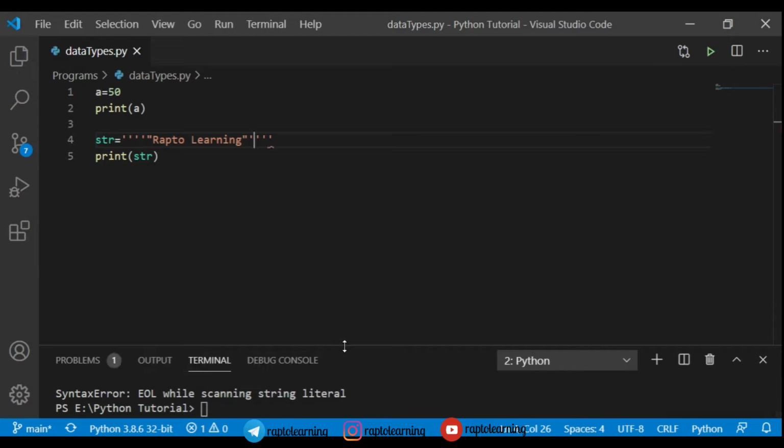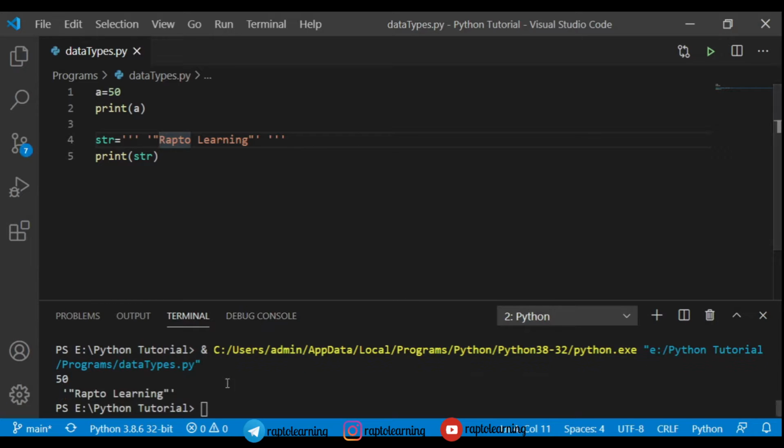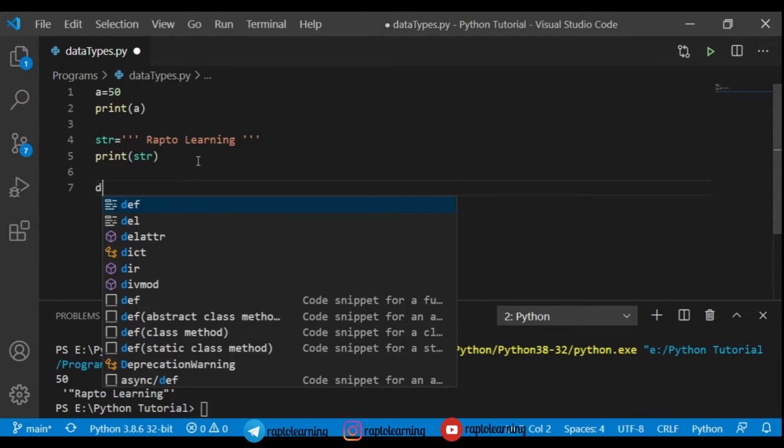When you run this, as you can see in the debug screen, I will just increase its size. You have to give a space between them and run it again. If we run it again, it is also printing the quotes. That means if you want to print quotes for a specific reason, you can always use triple quotes. Triple quotes print as it is mentioned in between them, so you can print various things with it.